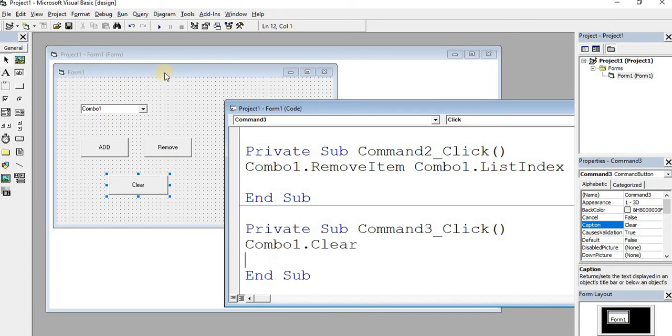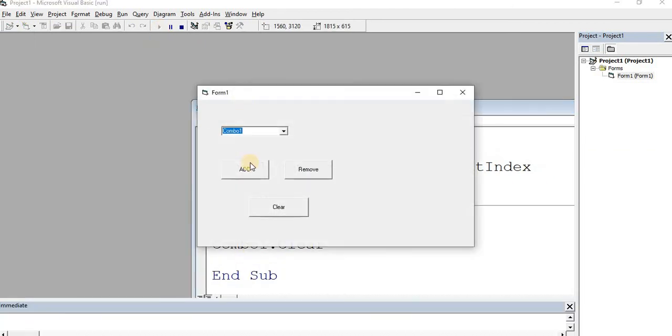When I run the program, you can see it has science and commerce in the list, but when I click on clear, nothing is there. It has deleted all items from the list.